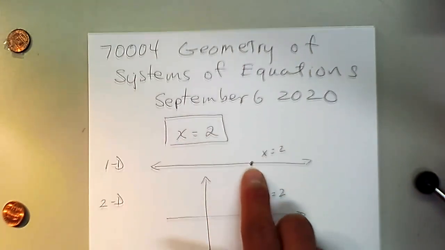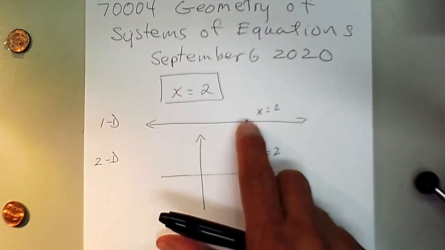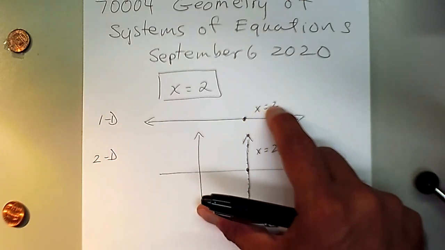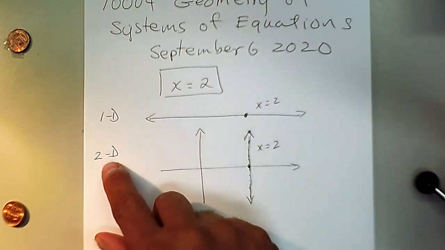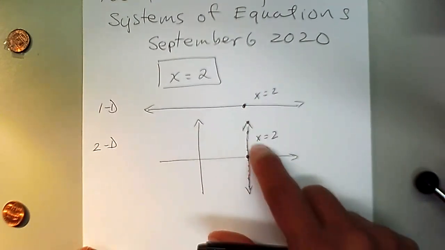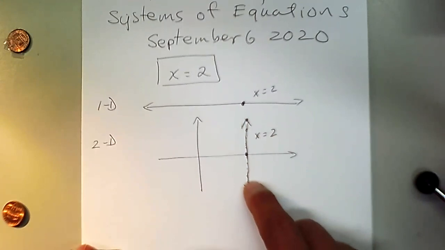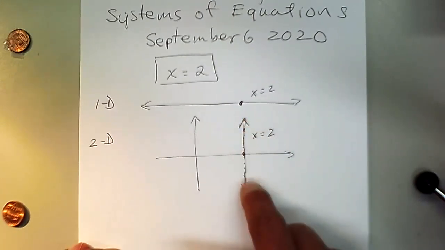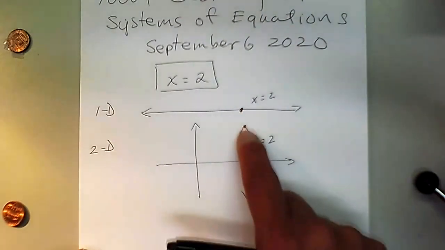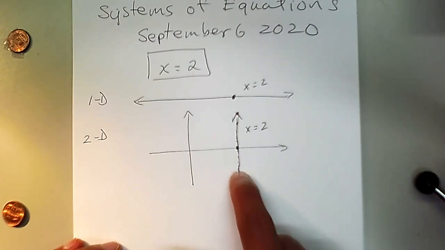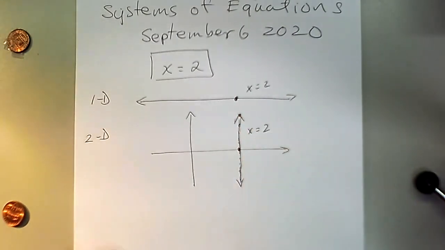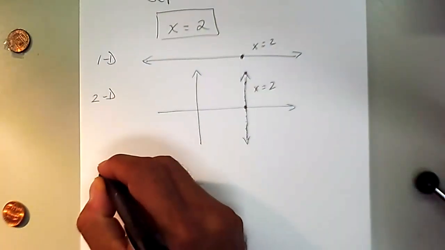So the size of the set that is represented by that equation increases as the dimension increases. The size of this set is just very little, just 1 point. The size of this set, and by that I mean all the points on this vertical line, is huge in comparison to that one. There are many more points, an infinite number of points, even though we have the same equation. So in 3D,